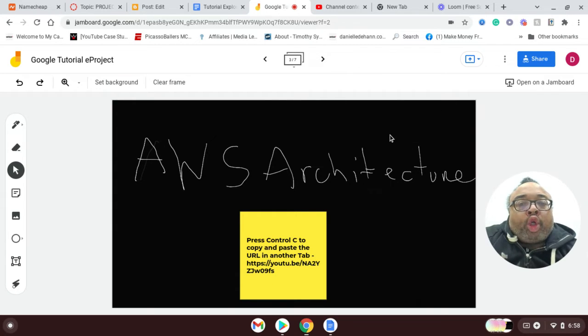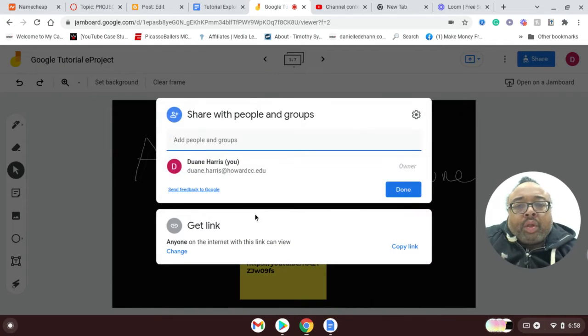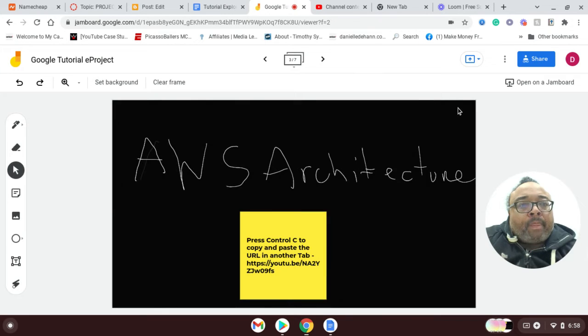I also want to show you one last but most important thing to share. When you share, you want to be sure you link so anyone on the internet with the link can view, or a specific group, and so forth. People with the group can use the Google Almanator and Jamboard. This can be used with any of the Google add-on